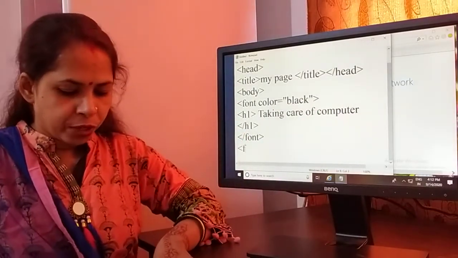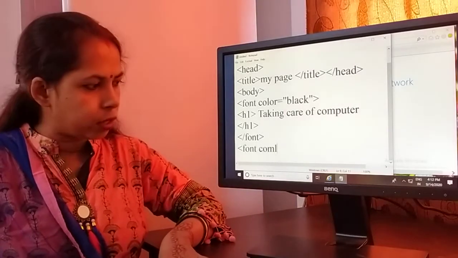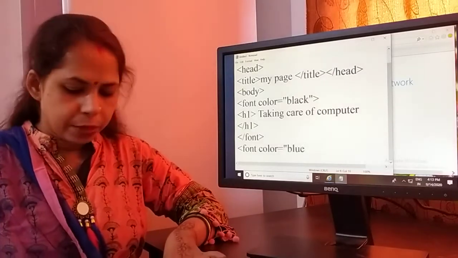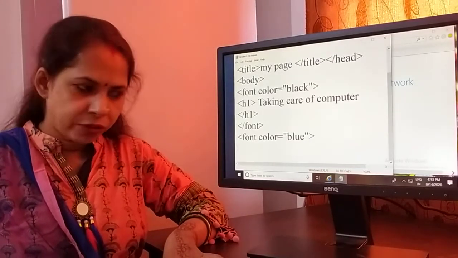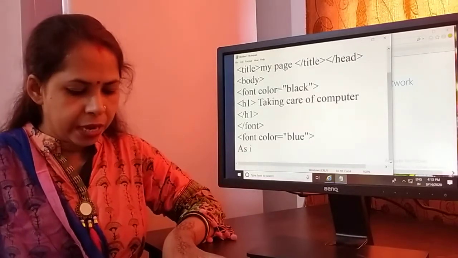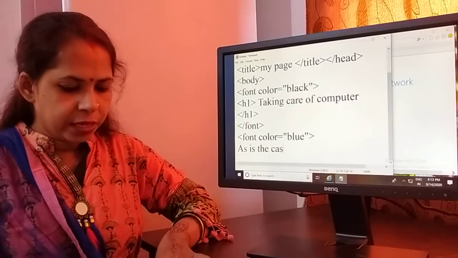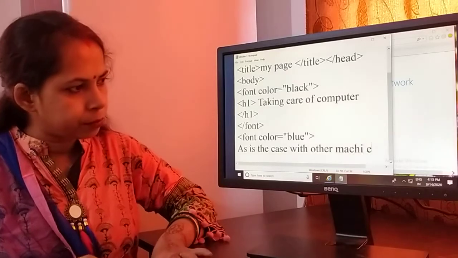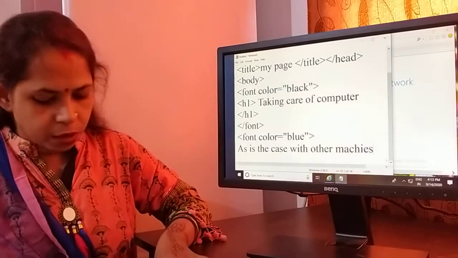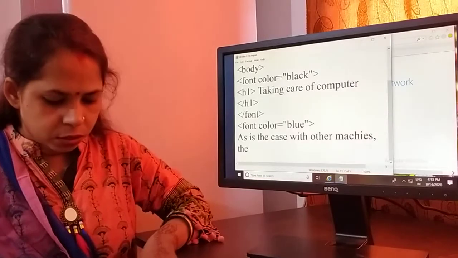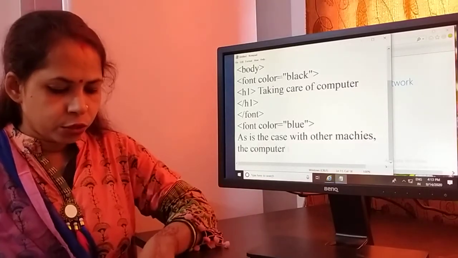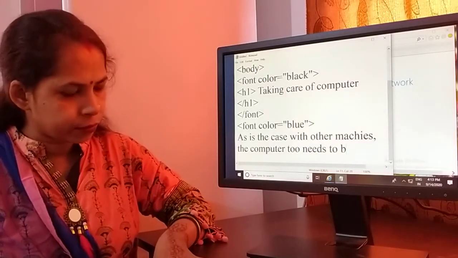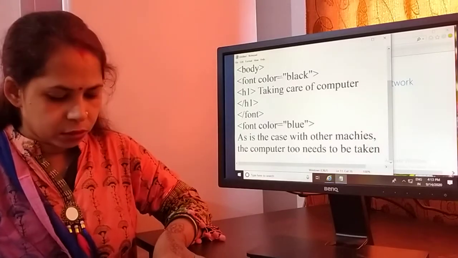After that, for a new sentence, I take font color equals blue. My next font color is blue. After that I write some lines: "As is the case with other machines, the computer too needs to be taken care of."